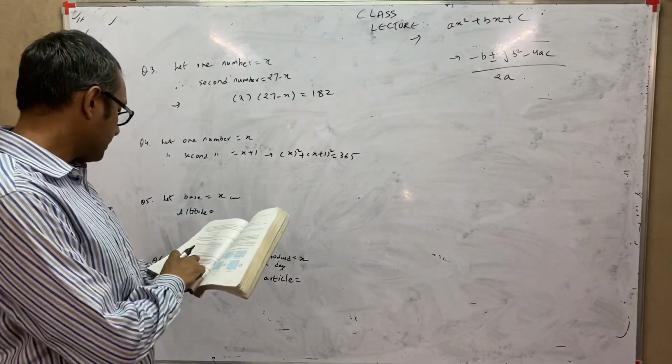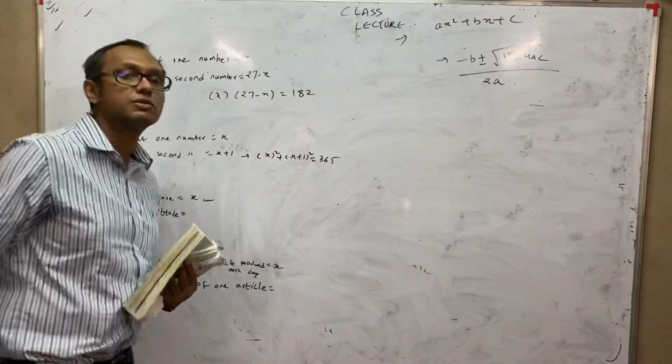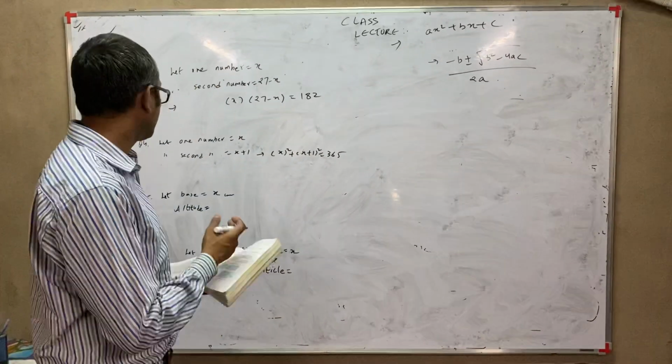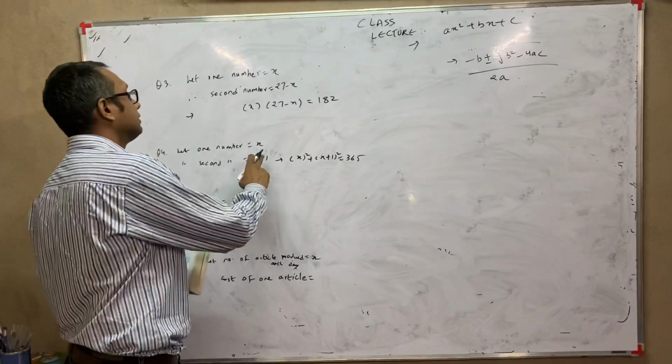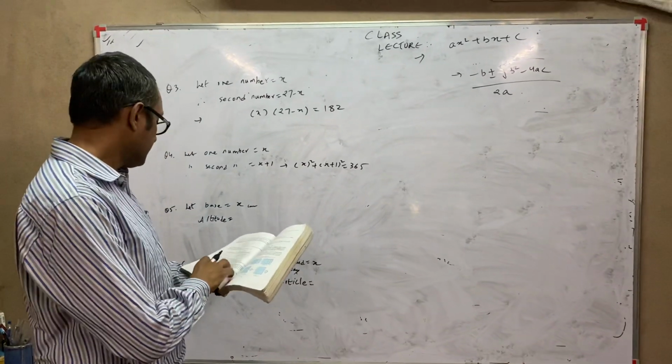Here, for example, he is saying two consecutive positive integers. So if suppose x value, one is negative, one is positive, you will only choose the positive value and write the answer. Again, write two answers. One is this number and this number, x plus 1, whatever number you get.